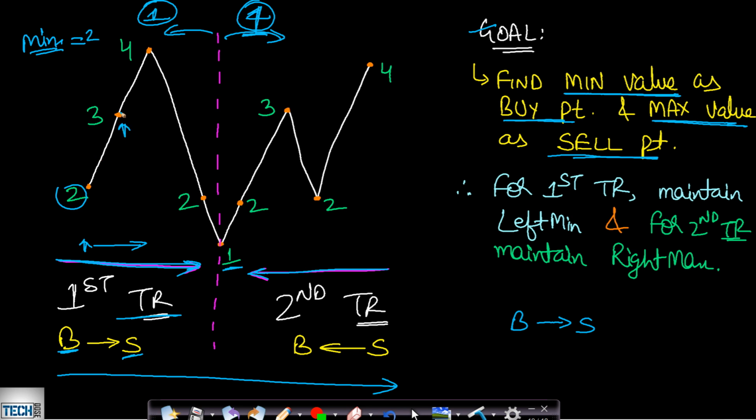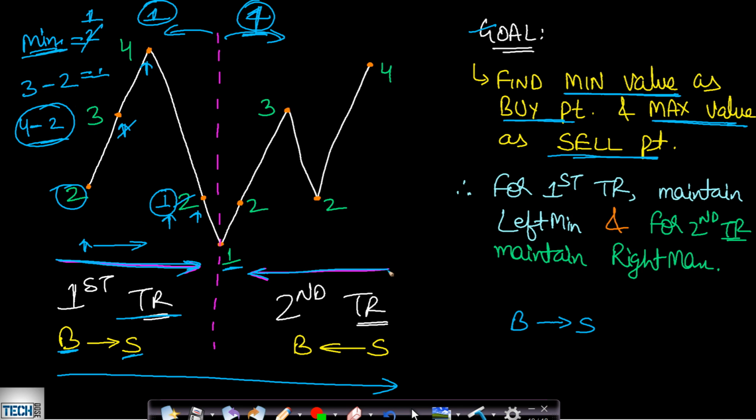Let's say we reach this 3, then we can find the profit by subtracting the current value with the minimum value, so it will be 1. When we are at this 4, then we can find the profit by subtracting the current value with the minimum value, and whenever we find a minimum value again, that is an even smaller value, then we will update the minimum value saying that we will be buying at that given point. So if this 2 was not 2 but it was 1, then when we reach this 1, we will again update the minimum value to 1, saying that we will have now a new buying point, because this will be giving us more profit as we move to the right hand side. So in this case we will have to maintain the minimum value.